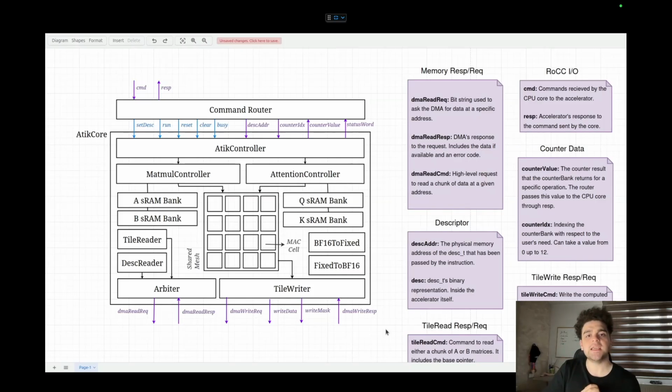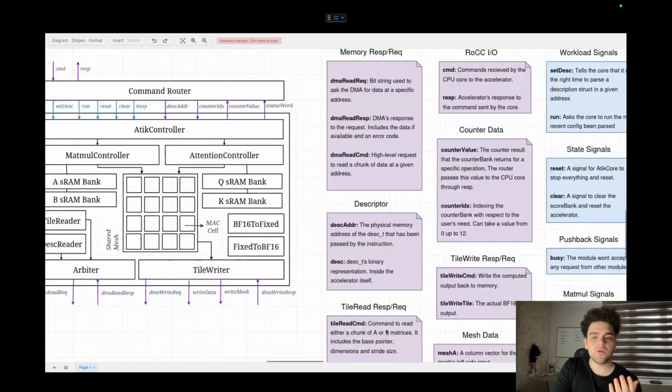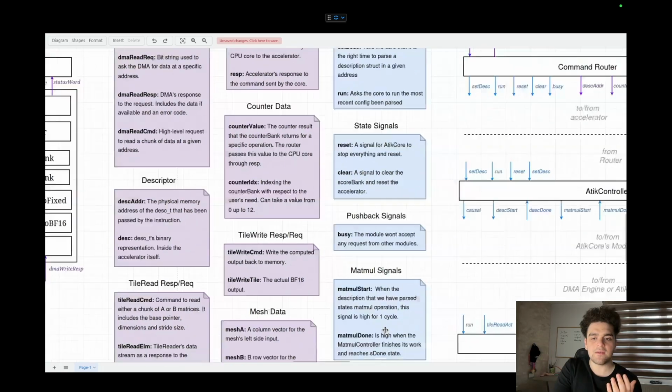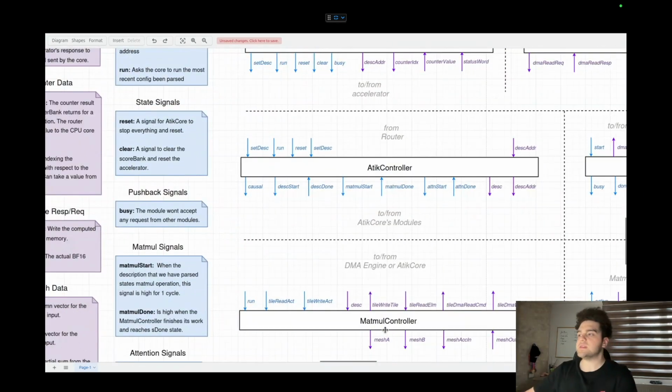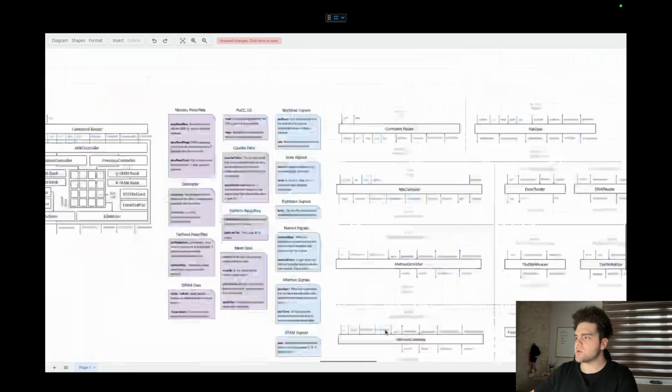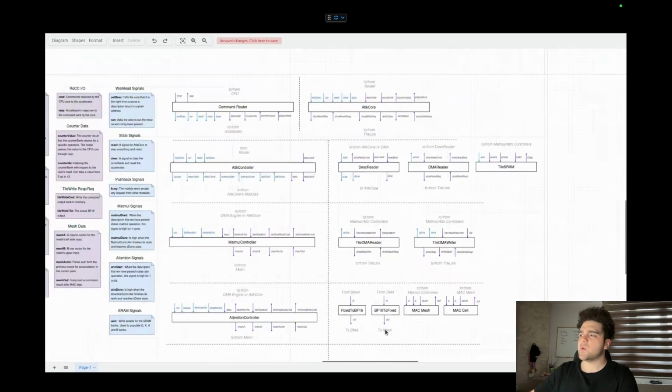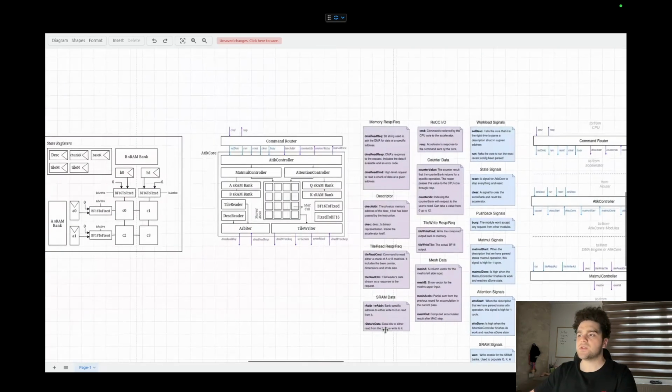Now that we have seen how the software is actually interacting with the hardware, what the software is expecting from the hardware, what our ABI is, we can take a deeper look at the hardware's internals and build up this architecture. We will be talking about all of these modules at a higher level, like you can see here. But what is more important is we will eventually use all these modules to come up